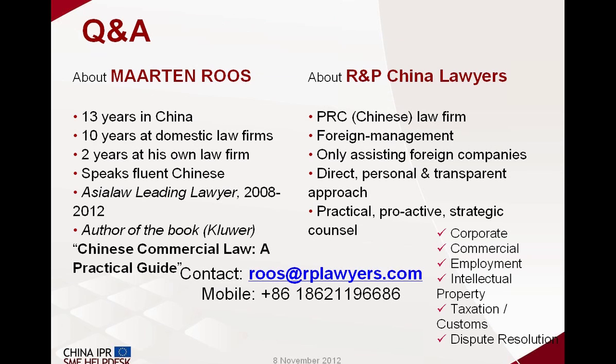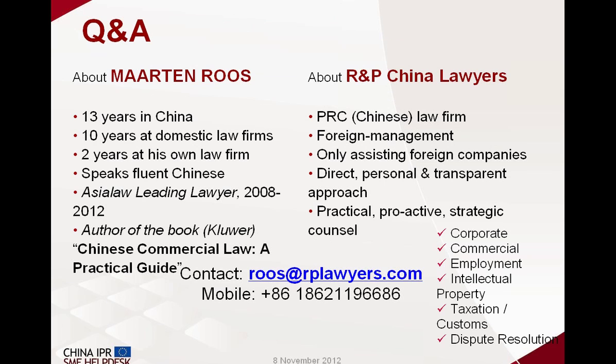I mean, if someone finds 600 euro too expensive to register your trademark, then I think you're not yet at the stage where you need to start worrying about that. To be honest, and of course budgets are there, but registration of IP is just the basis. If you don't register it, you don't have anything. An action is a whole different matter.